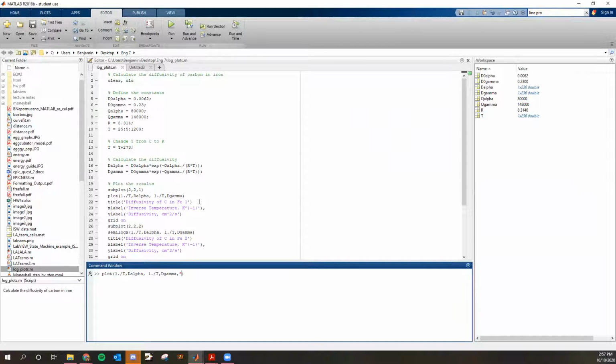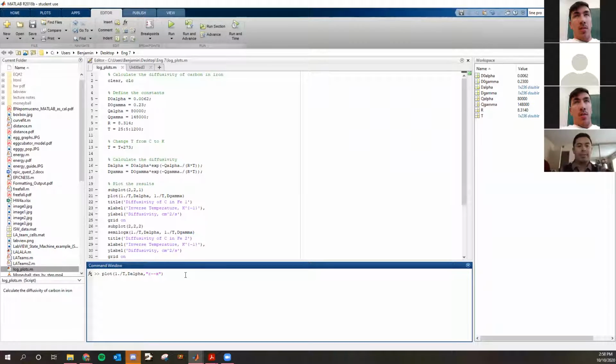Say we're only going to deal with one plot, and we wanted the line to be red, with dashes and then X's. And now if we run this,